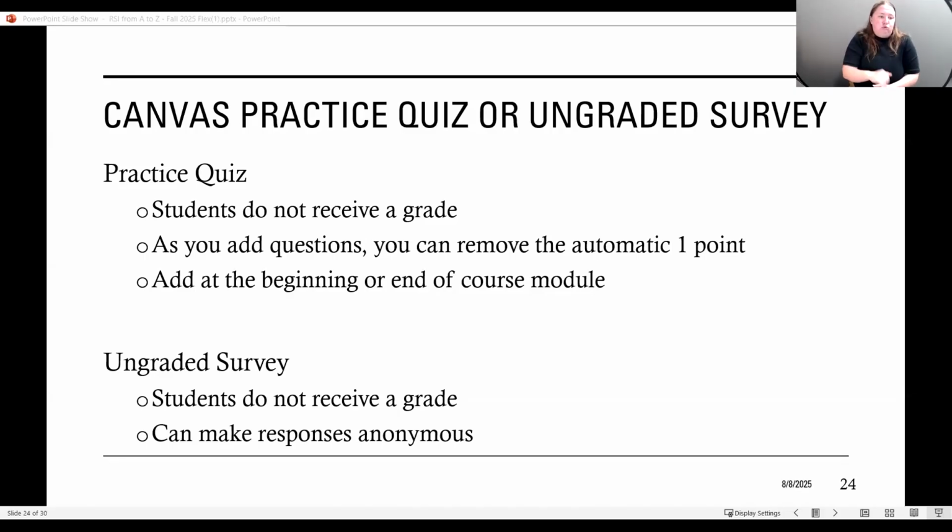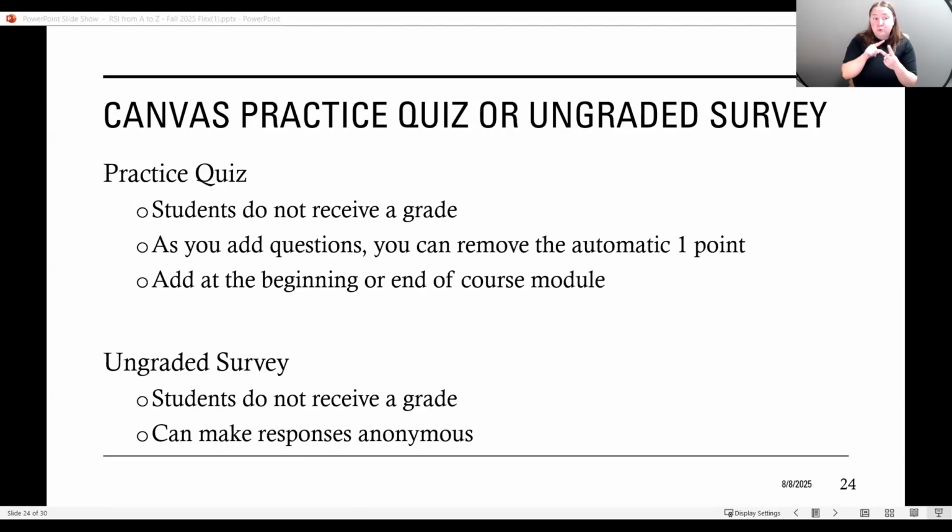You might learn that they really like it when they see me respond to students in the discussions, or that they like it when I include a recap of all the topics we went over in a week. And so I'm going to continue to do that. And again, it's about connecting the content, clarifying topics or information from the course.